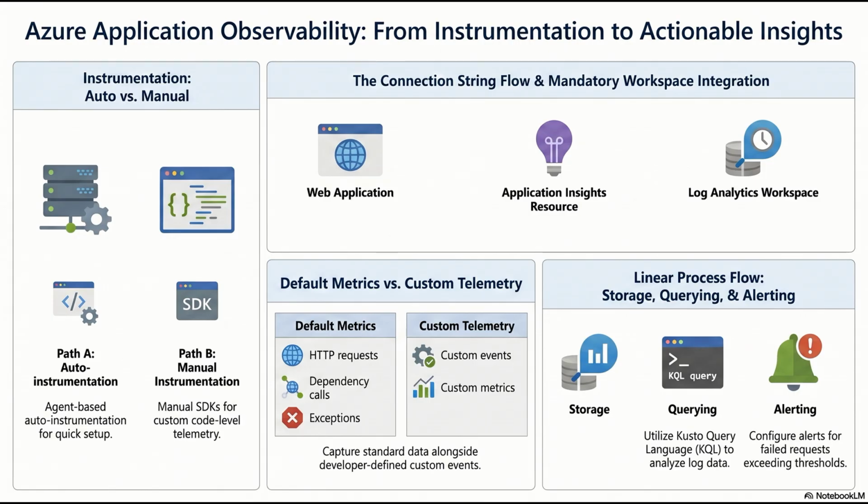Here's where it gets really interesting, though. We know we need this telemetry, right? These metrics and logs. But how is this data actually extracted from the resources? Does the Azure platform just inherently know everything that's happening inside my architecture? No, it doesn't. The instrumentation method entirely depends on the layer of the stack you are observing. The Azure platform only knows what it manages directly. Okay, so native resources. Right.